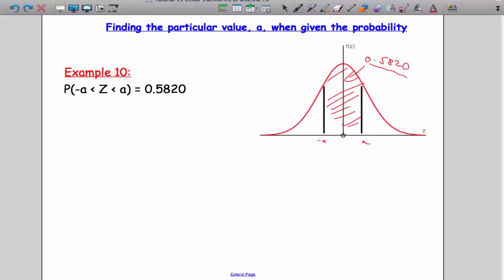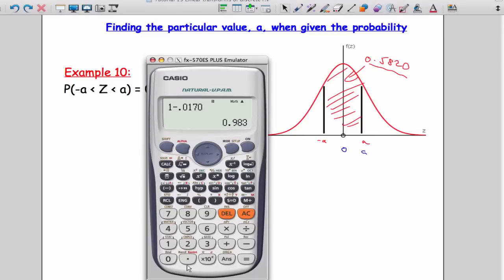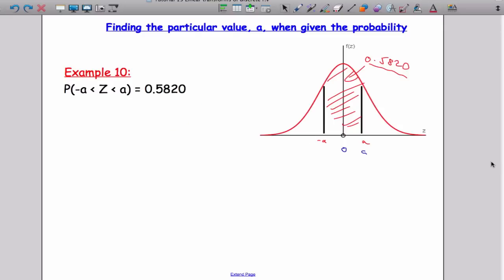So I can work out, let's get a blue pen, the probability between 0 and A quite easily by halving this area here. So if I take 0.5820 and divide that in half, I get 0.291. So this particular section in here has an area of 0.291,